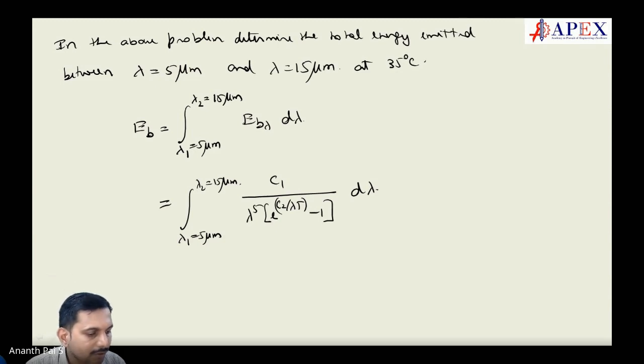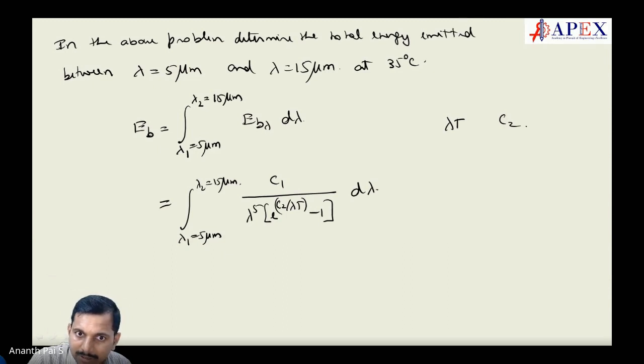You can see our heat transfer book, it's very difficult. There are two cases. One case is what is lambda T and what is C2. Let us see that. What is lambda T?